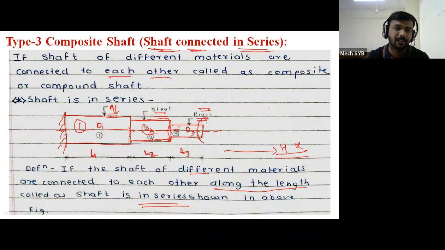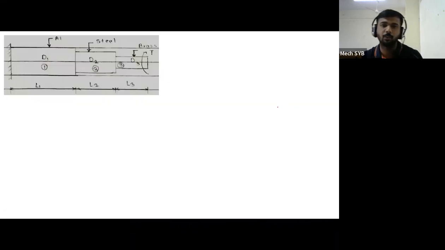and whatever is fixed at the left side, it is totally fixed condition, but at the free end the T amount of torque is applied, and due to this particular T amount of torque the shaft is under twisting. The shaft is under twisting, and according to that how much amount of twisting is taking place, that theta value we have to calculate. And for that purpose here we have to consider one condition,